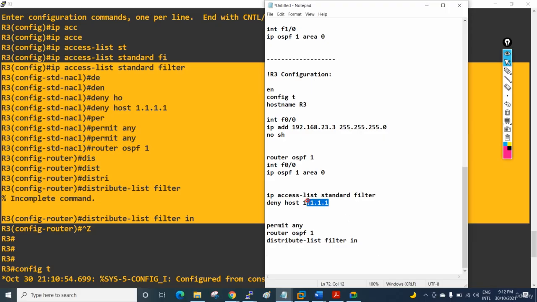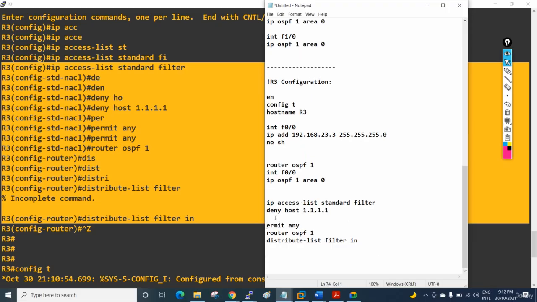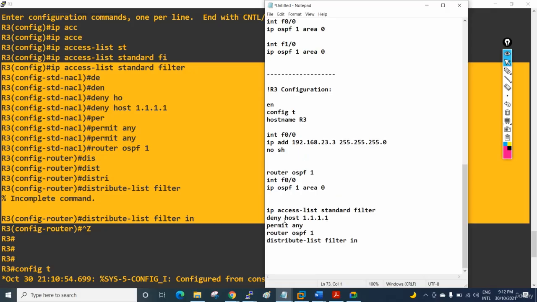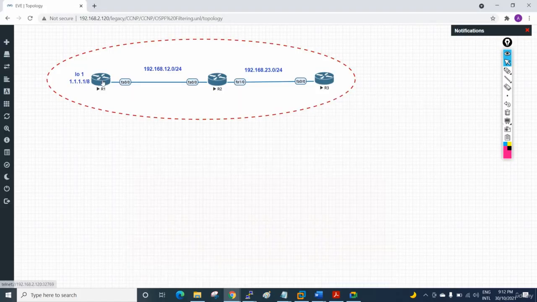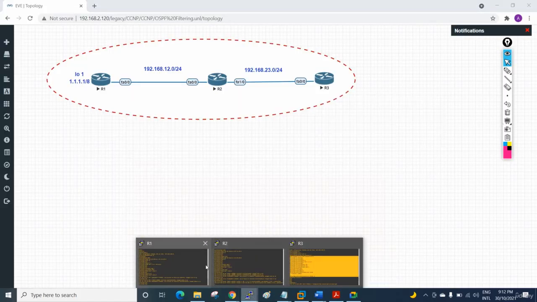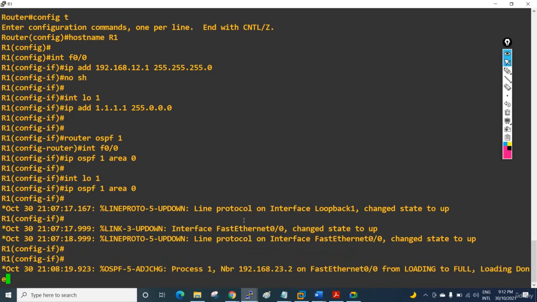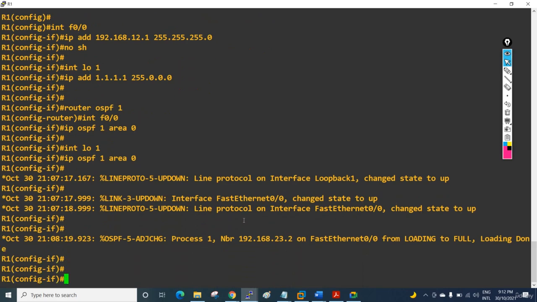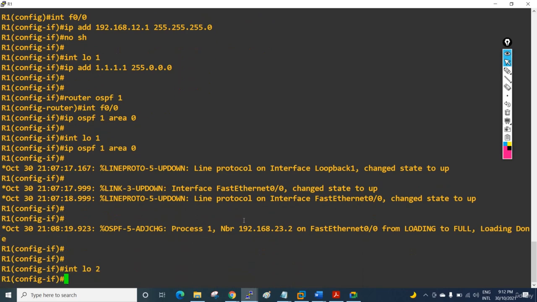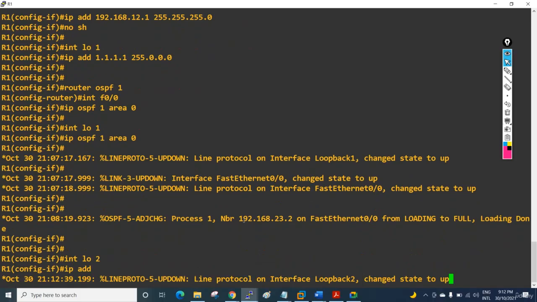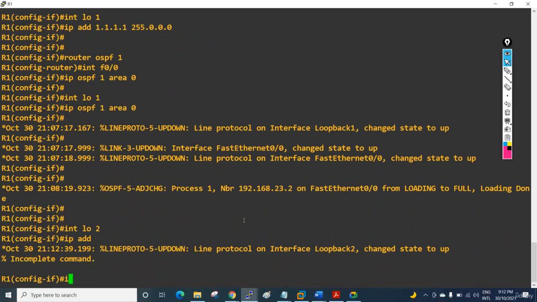We filter this route. For example, if you have one more, let me create it and show you. For example, in R1, I will go here and create interface loopback 2. I create loopback 2, and I will give the IP address